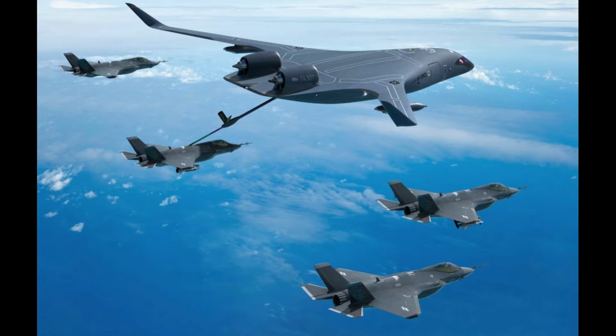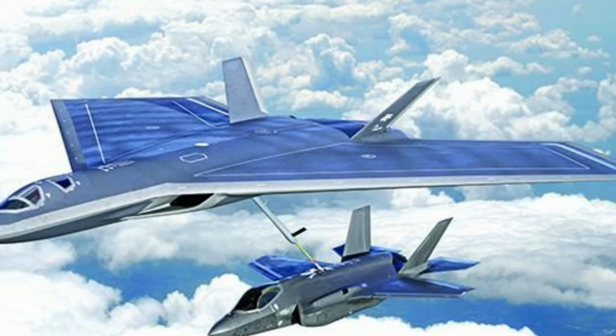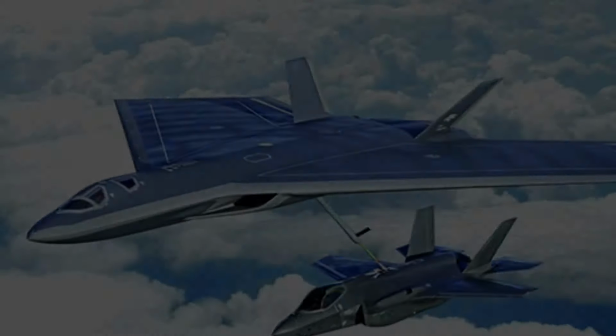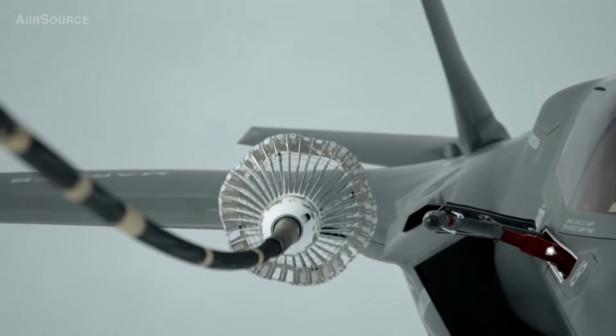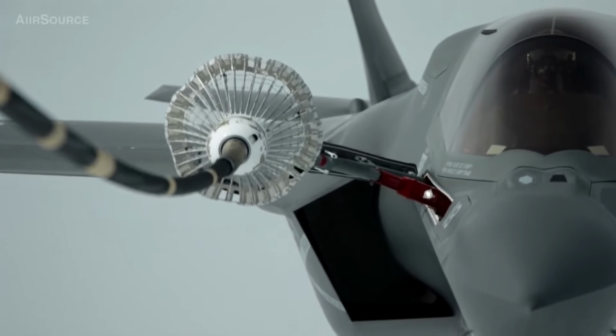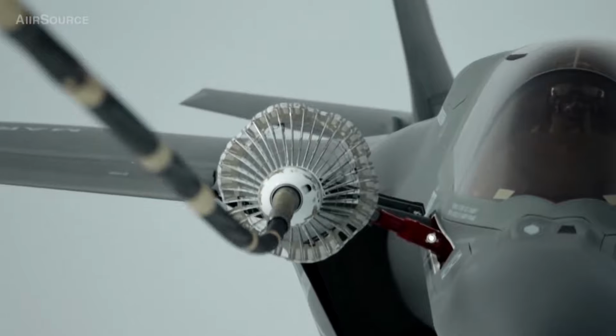Lockheed Martin's Skunk Works division has unveiled concept art for a stealthy aerial refueling tanker, designed to enhance the U.S. Air Force's capabilities in contested airspace. This innovative tanker, known as the Next Generation Aerial Refueling System, NGARS, is part of the KCZ program, aimed at developing a tanker that can refuel stealth fighters and bombers such as the F-35 Lightning II and B-21 Raider without